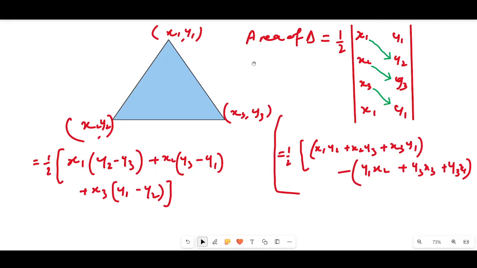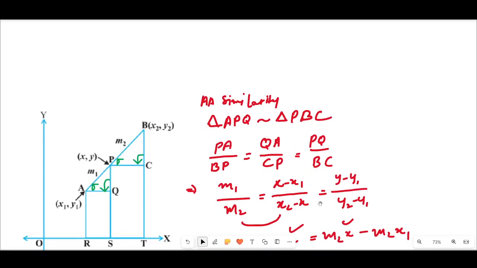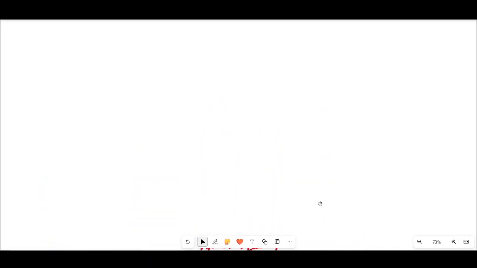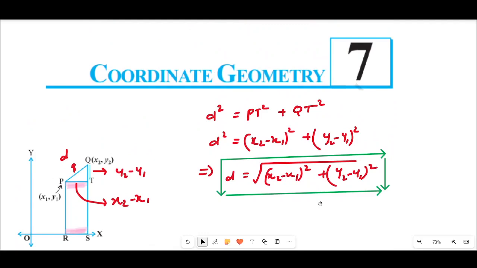If the area of a triangle is 0, then we can say that these points make a linear line. So we use these things many times. Now we have covered the section formula and distance formula, which will be very useful to